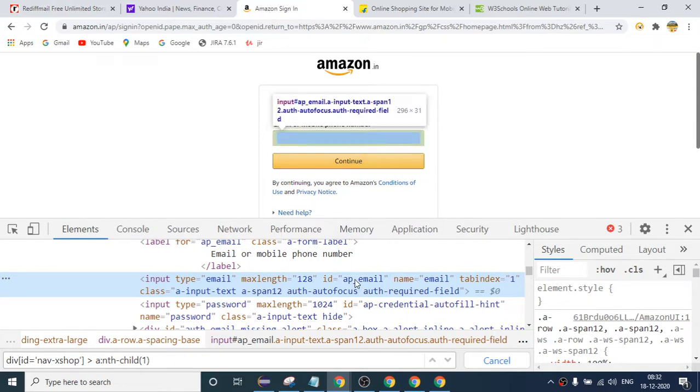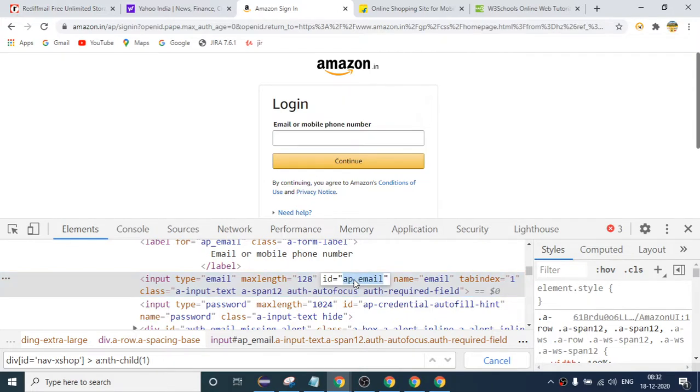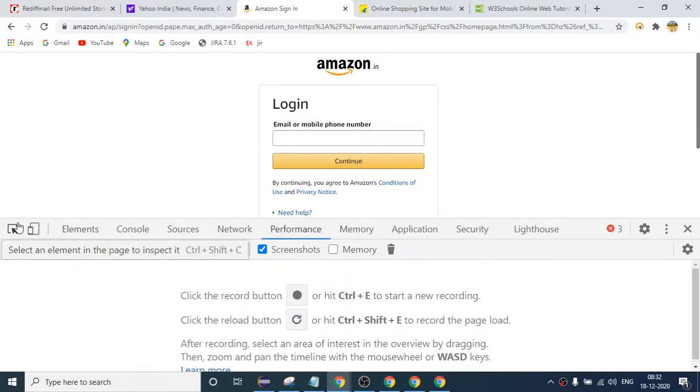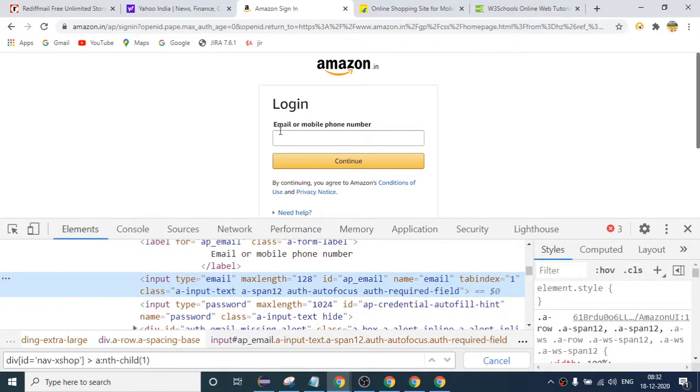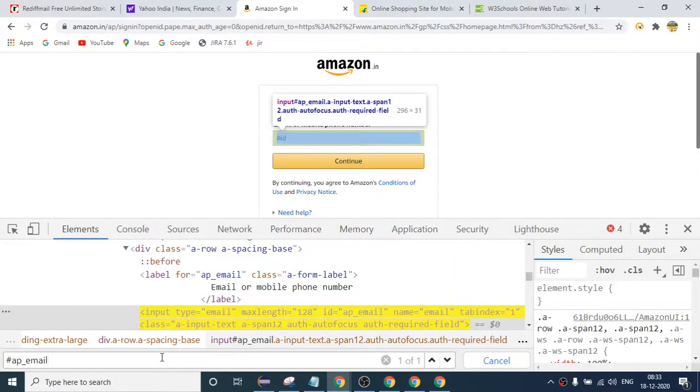You can see ID equals AP_email. So if I know the ID, I can write one CSS with the help of ID only, right? So I can simply say hash ID. So this is our one CSS. Basically this is the shortcut. If you want to see how we can write CSS, just say hash ID. What is the ID value? You have to write the ID value. This is the ID value, right? So this is one shortcut for CSS.